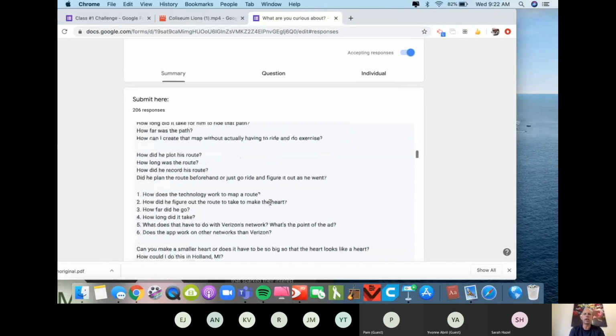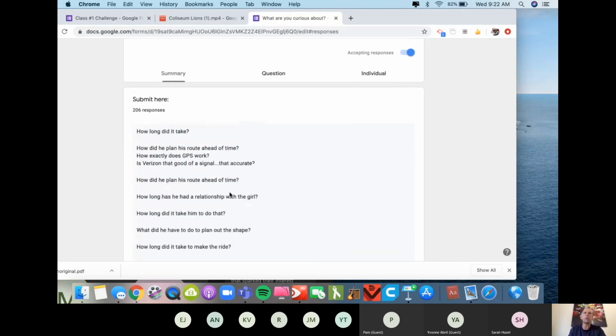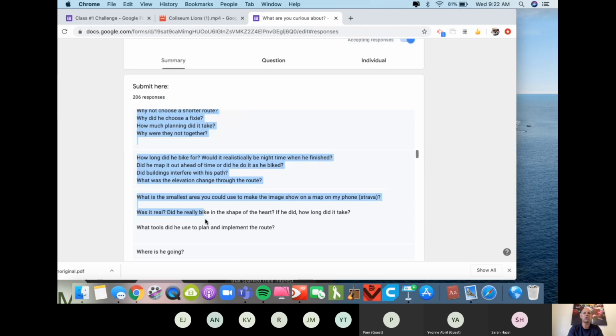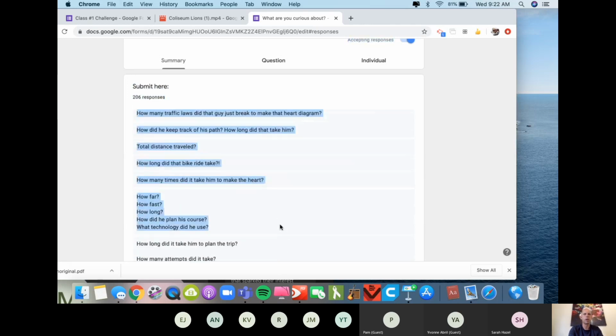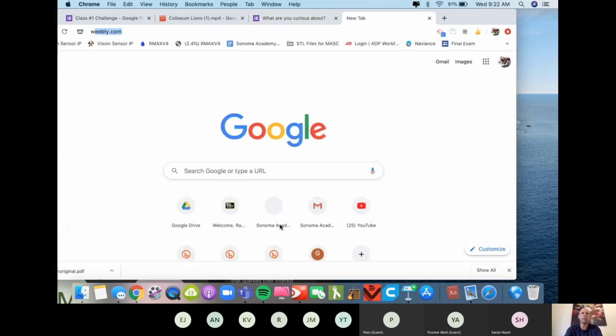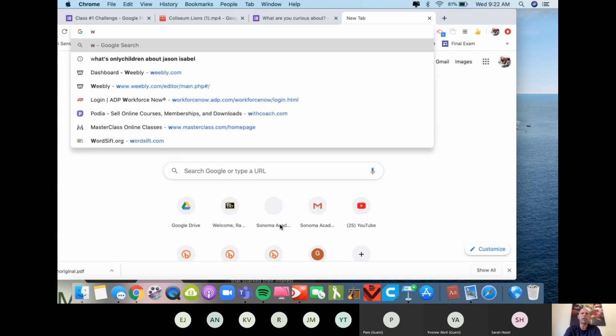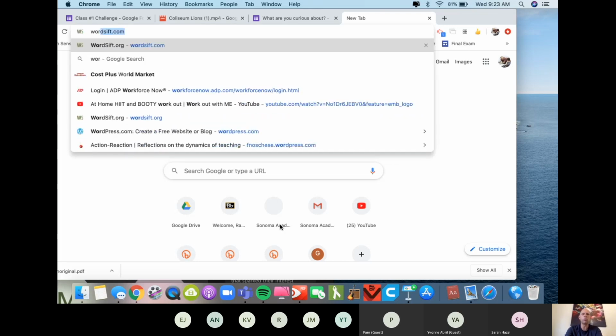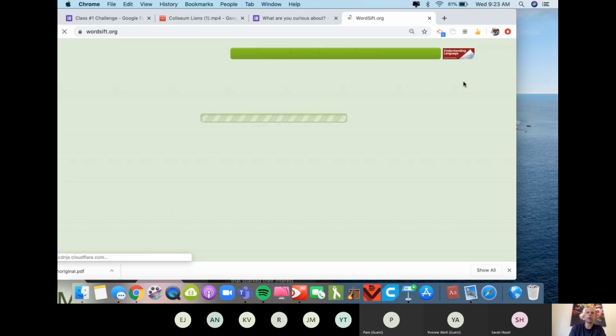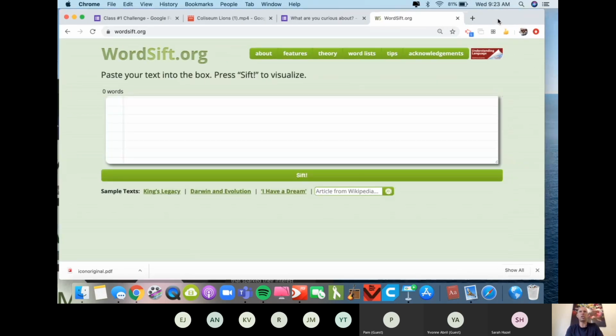Rather than have the teacher read all these responses, we want the teacher to manipulate the students into convincing them that they're asking the question she wants them to ask. We haven't shared what that question is yet, but one strategy is just to copy them all and then make a word cloud out of them. We'll talk about word clouds a little bit more in a sec. I love this tool called WordSift instead of Wordle. It's an HTML5 tool, so it works on any device.